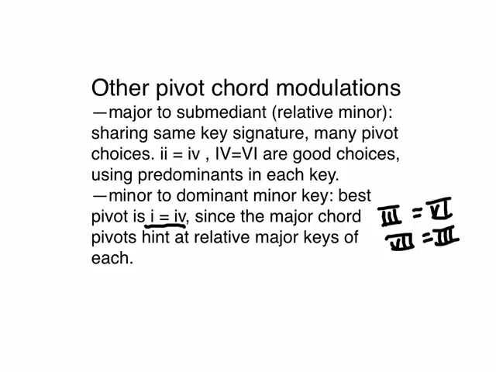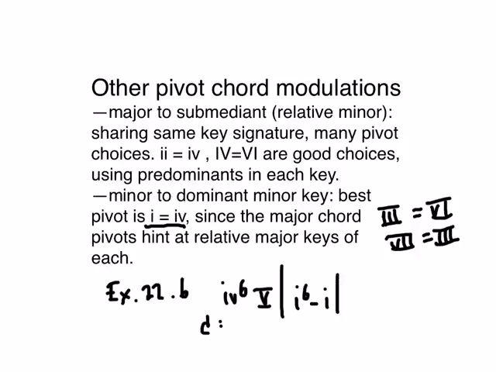If you want to see a good example of the modulation to the dominant minor, look in the book at example 22.6, in which the Corelli piece goes from D minor to the key of A minor. In this particular example, where we have a Phrygian half cadence in the key of D, what happens after that, the next phrase begins with a 1,